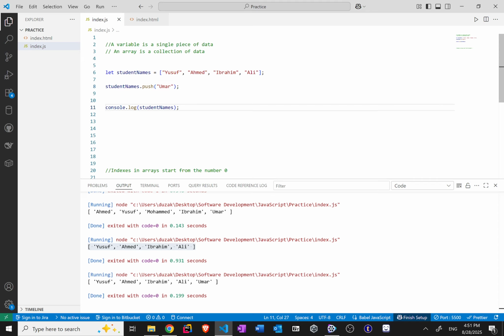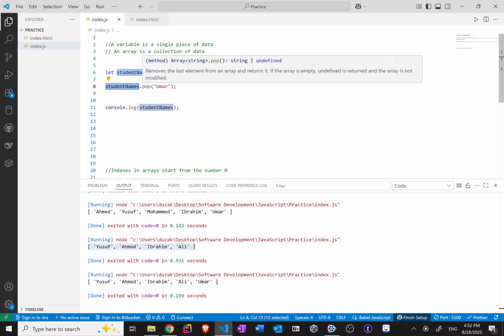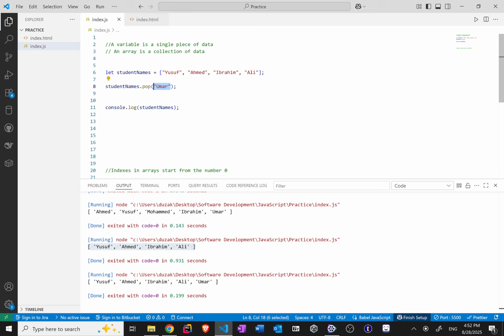All right. We might sometimes lose a student, so we need to remove some names from our list. So to do that, we will use the pop method. Okay. We use the name of the array dot pop. Inside of that, we don't need to put any name. We press the run button